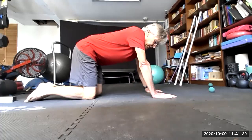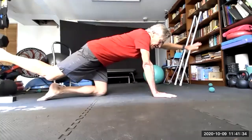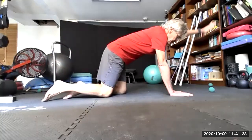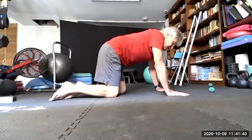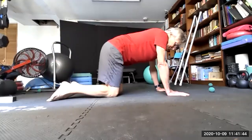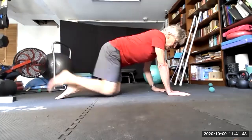We're going to do some bird dog. Now, if you find it too difficult to raise one hand and the opposite leg at the same time, you can just raise your hands, and then on the next set, just raise your legs. Let's start. 1,